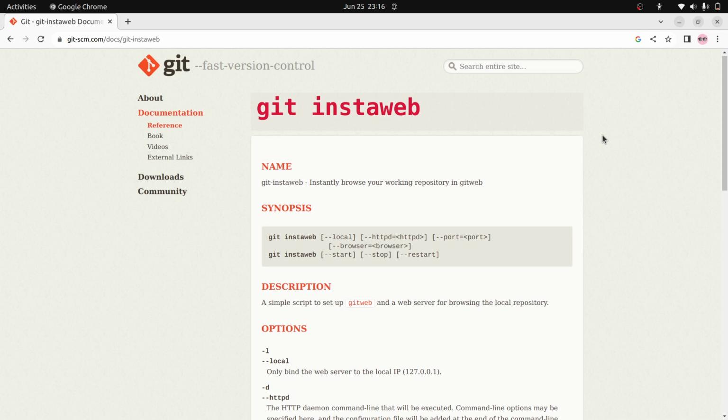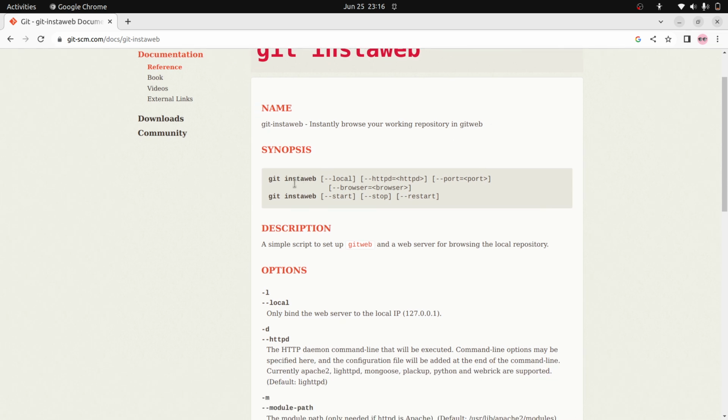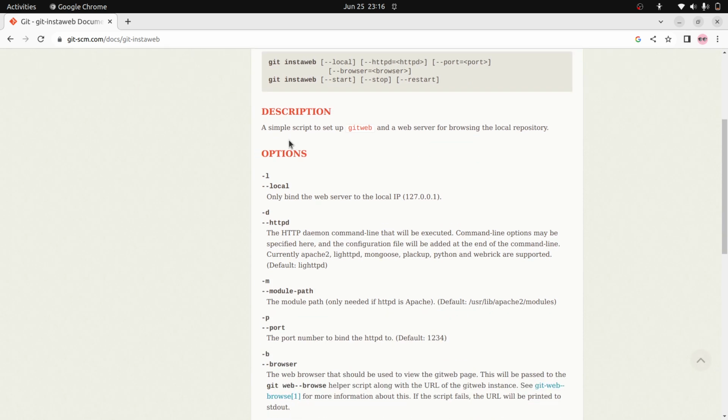In this video, I am playing with git instaweb, which is a git command for viewing the repository through a web interface. Here you can see the description they give: instantly browse your working repository in gitweb. The command is git instaweb, and there are a bunch of options given. The description: a simple script to set up gitweb and a web server for browsing the local repository. Gitweb is a web interface for git, and it will set up a web server for that. Okay, anyway,